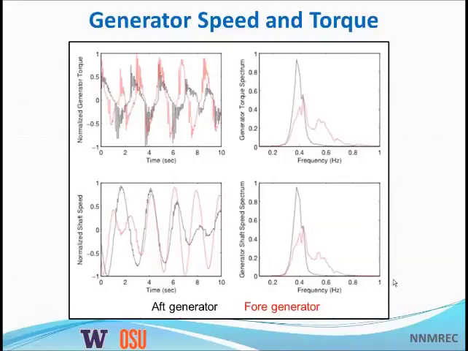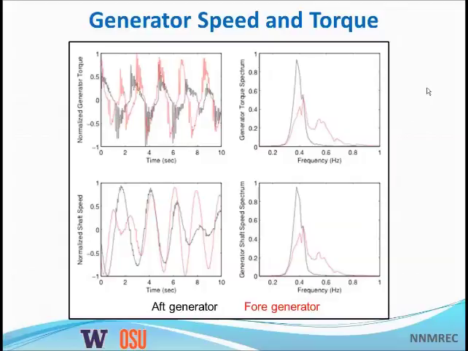Okay, so this slide here contains 4 different plots of the generator torque and the shaft speed. I have normalized the data in all of these cases at the request of Columbia Power Technologies. Beginning in the upper left-hand corner, the y-axis is the normalized generator torque versus 10 seconds. This individual time series is actually 5 minutes long, but I zoomed in on just 10 seconds so you can see that there is some periodicity, of course, in the generator torque.